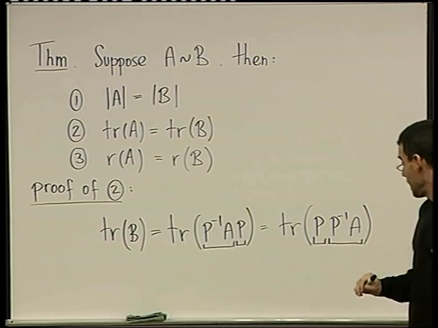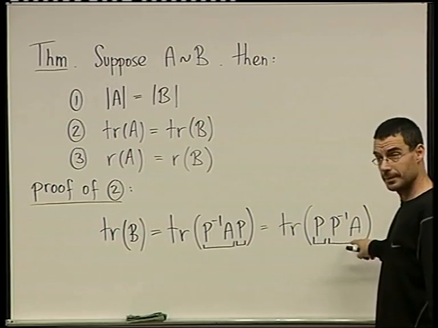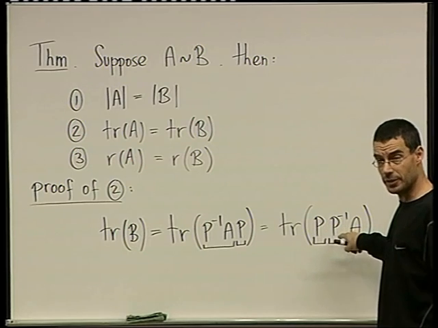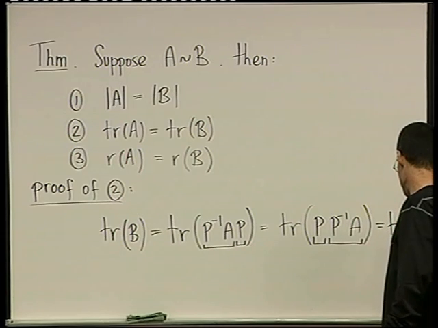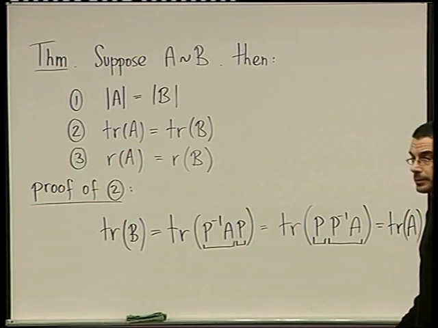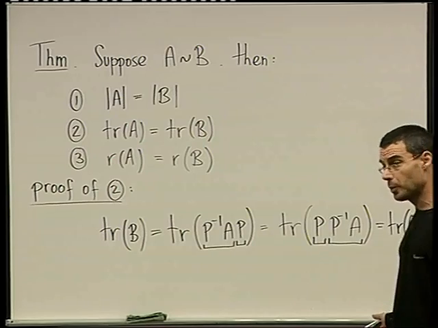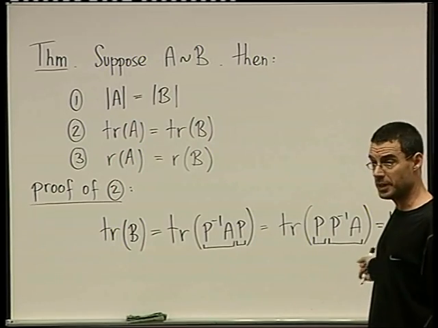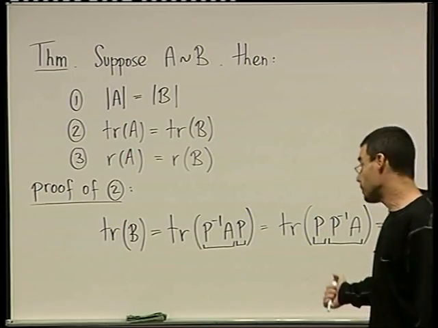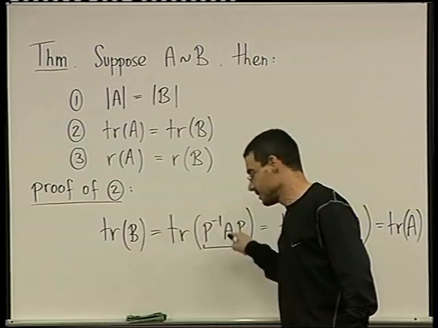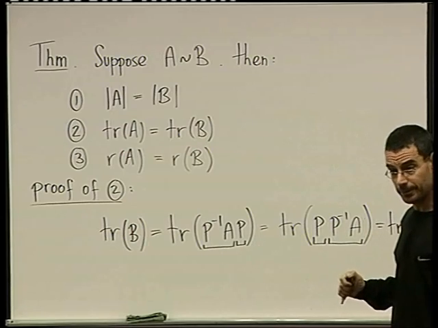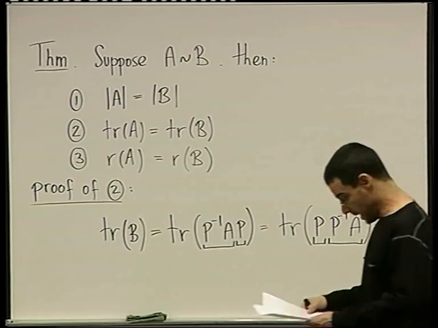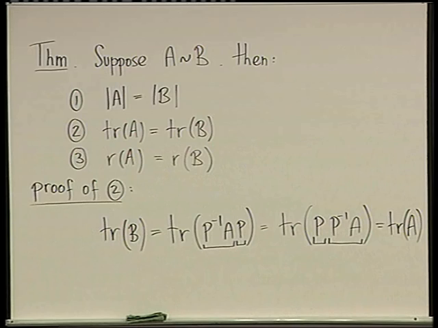Good? And what's this? P times P inverse is I times A. So this is just the trace of A. Good? So very straightforward. Similar matrices have the same trace. Using, of course, the fact that this is an equivalent definition of being similar. Okay? Okay. Let's move on to showing that